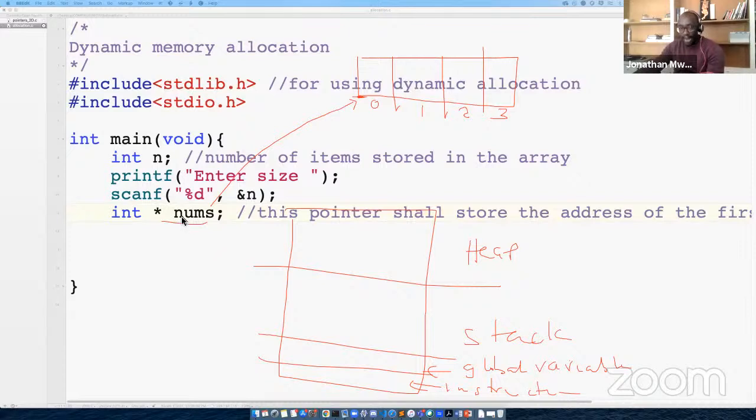This variable is in the stack. We have something called names, but it's in the stack. Does that make sense? Pointers are variables whose work is to keep addresses. So this must be defined because we are not able to communicate with the things in the heap unless we have a way of storing those addresses.